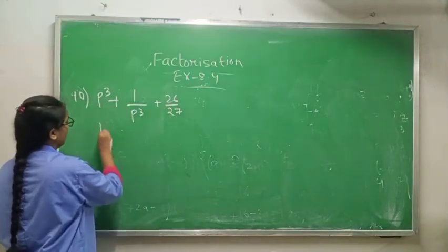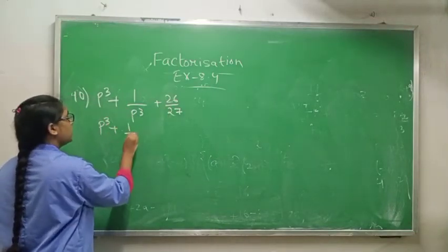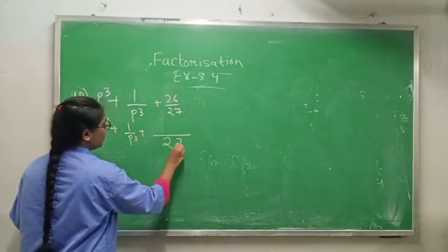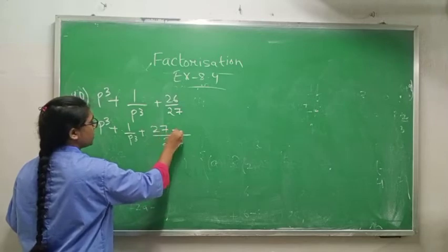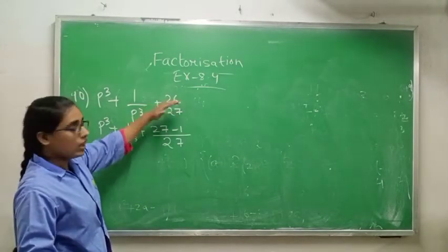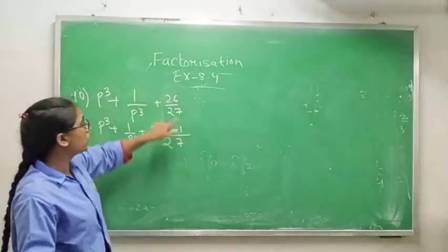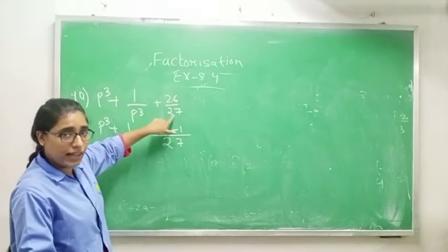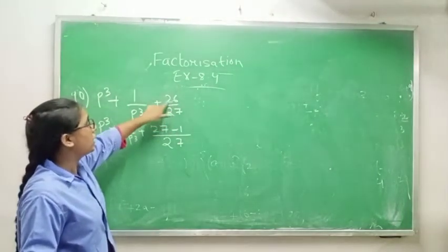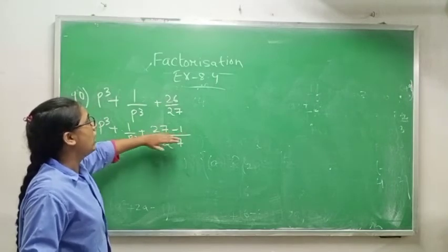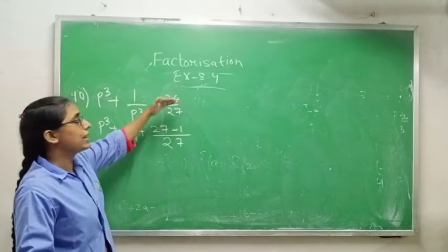26 by 27. So first I am writing p cube plus 1 by p whole cube plus, now we can break this in this form, 27 minus 1. If you do 27 minus 1, you will again get 26. Why am I going to make it into cubes? Because there is no cube for 26. 27 we have, it is a cube of 3, but there is no cube for 26. That is why I am doing 27 minus 1. If we subtract, then again we will get 26 by